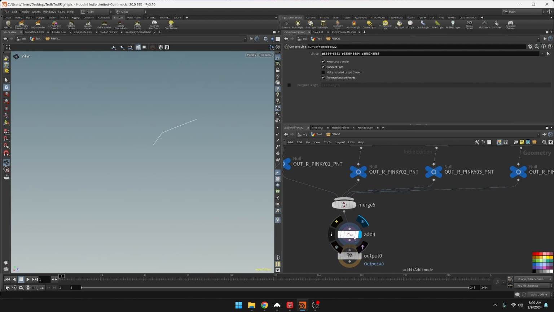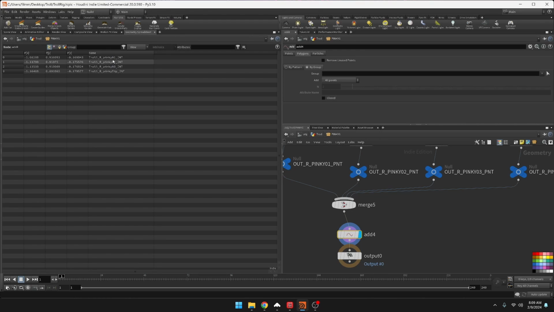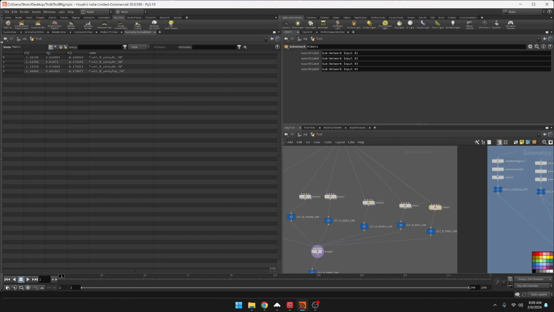Okay. Let's go down here. Make sure that looks appropriate. It does. Go to the geometry spreadsheet. Do the names look good? They do. Let's go back to the